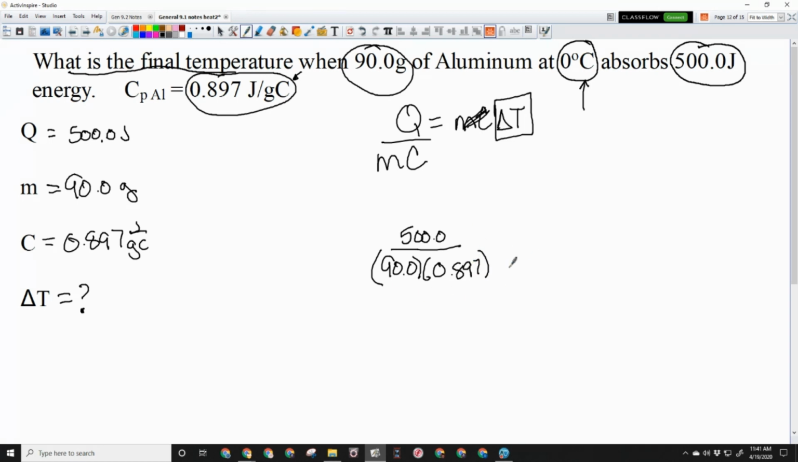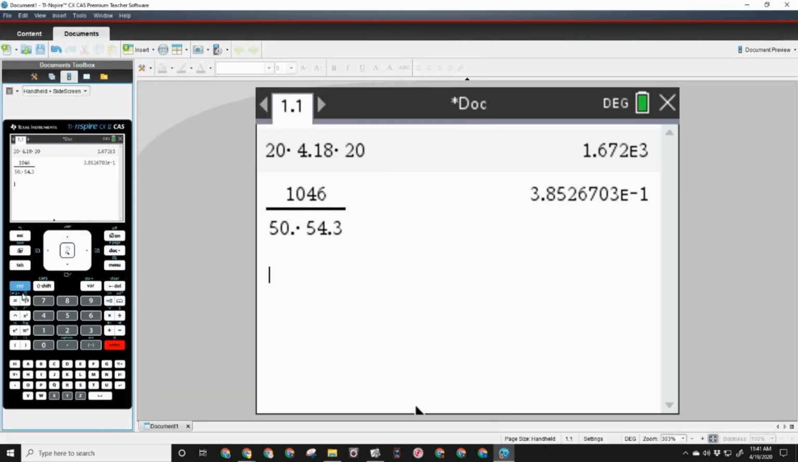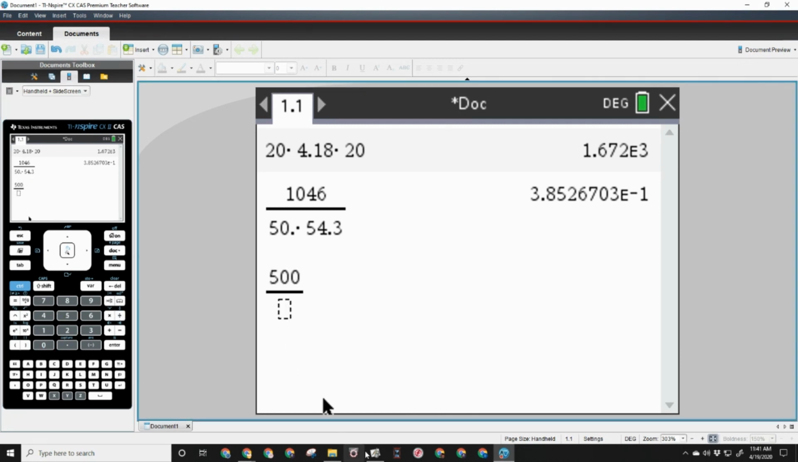So that's our math problem. And this is going to give us our delta T, not our final temperature, our change in temperature. So to answer this question for final temperature, there's one more step we're going to do, but let's get this first. So 500, okay, and what goes on bottom? 90 times 0.897, so 90